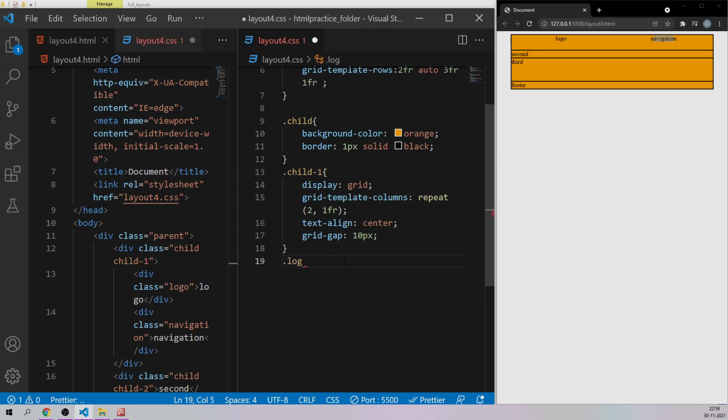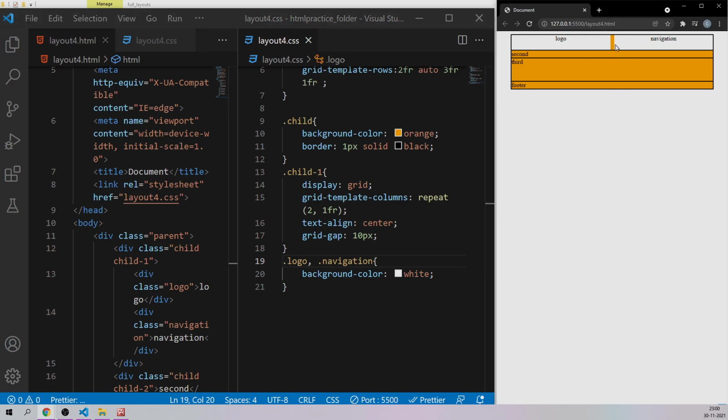Dot logo, that may have this background color, let's say white. And same thing I'll do for navigation as well, dot logo, comma, dot navigation. Let's save it, and as you can see right now there is a 10 pixel gap. So this is how we have placed the logo as well as the navigation.